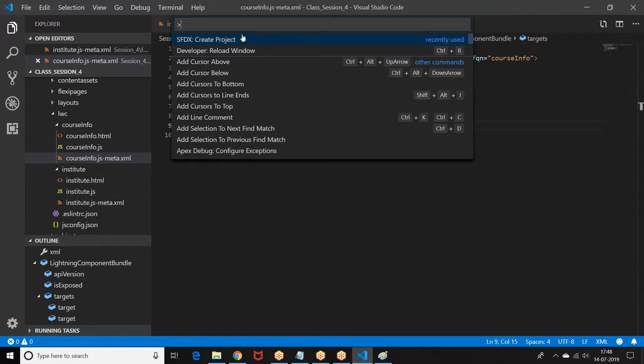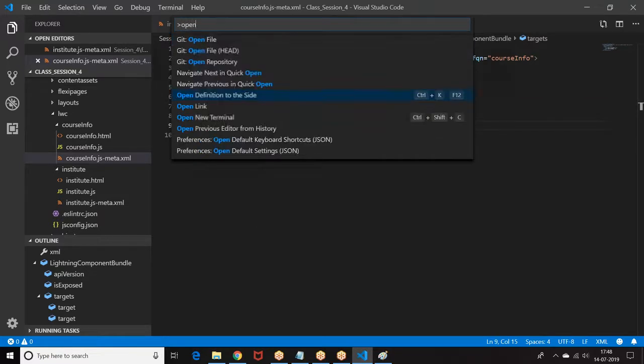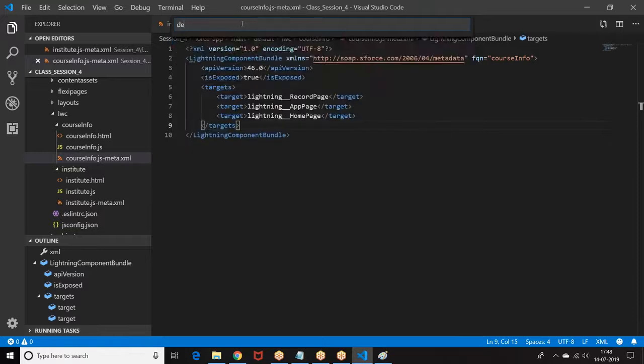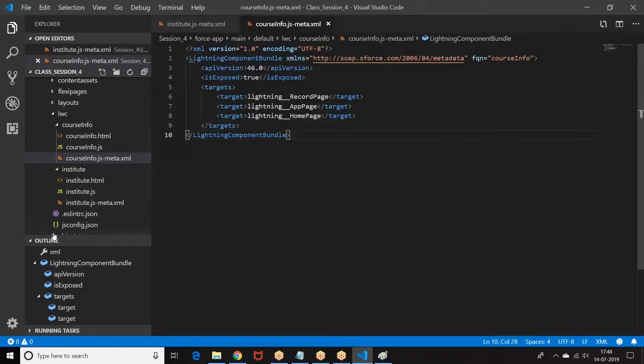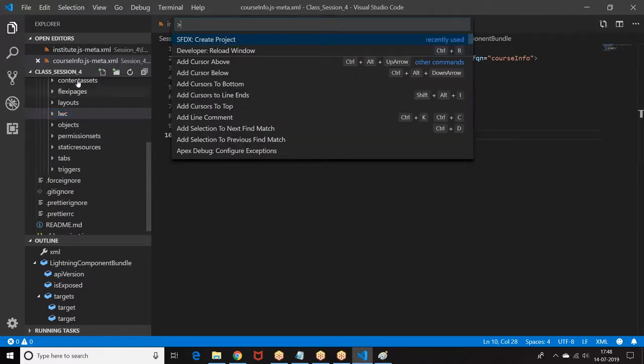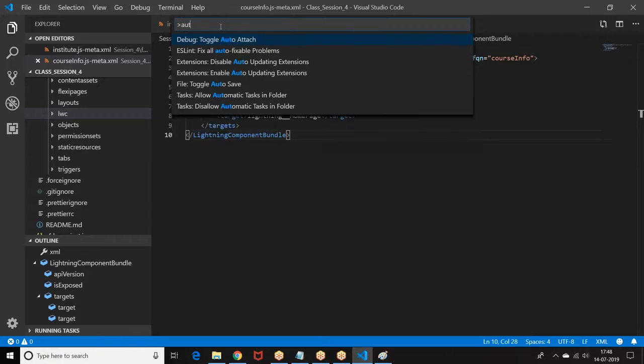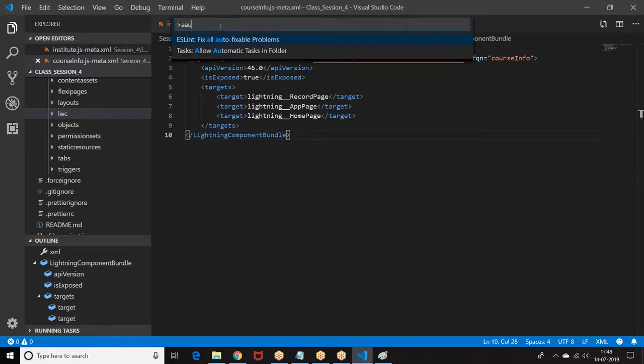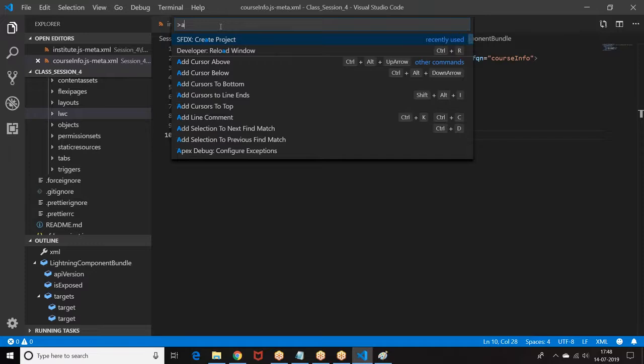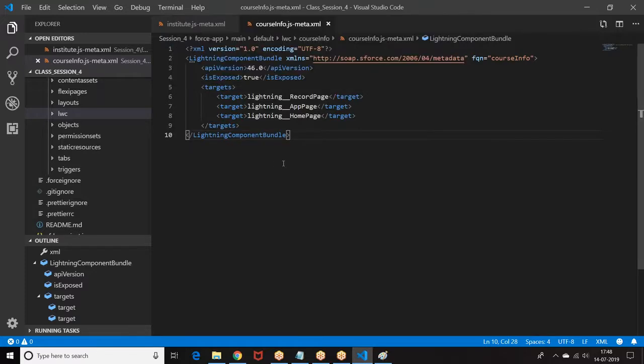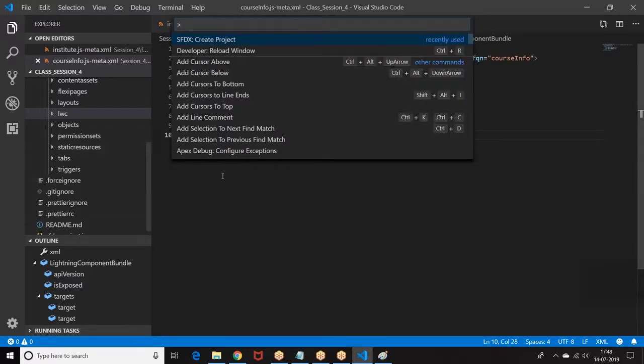Now, here we have to move on to the story. Shift P. Then we have, again, I need to open the terminals and all the stuff.